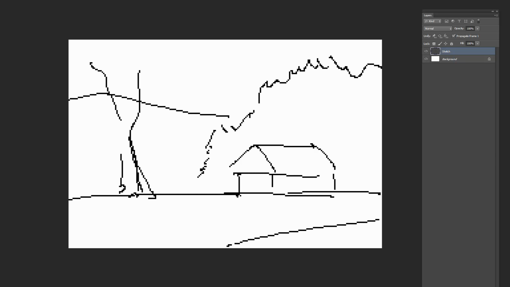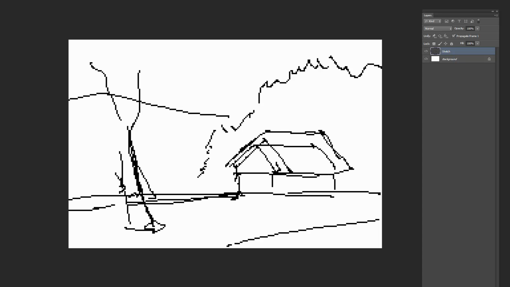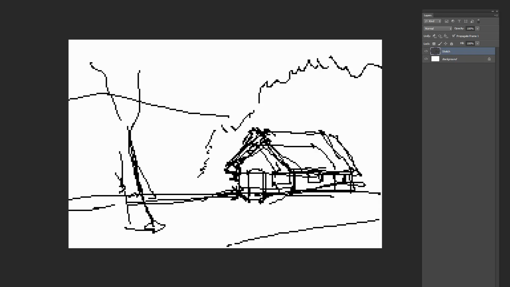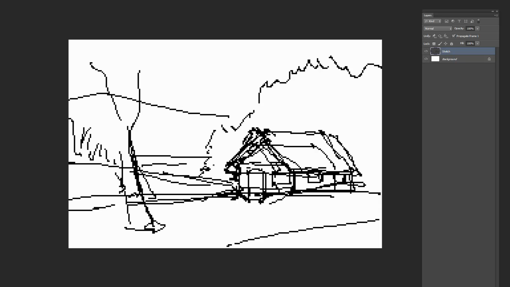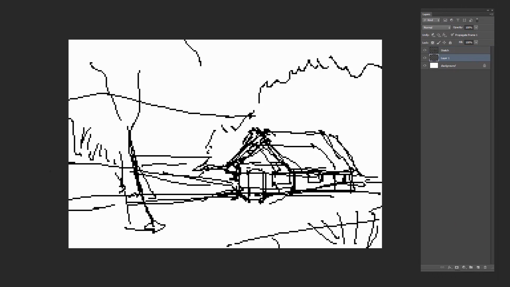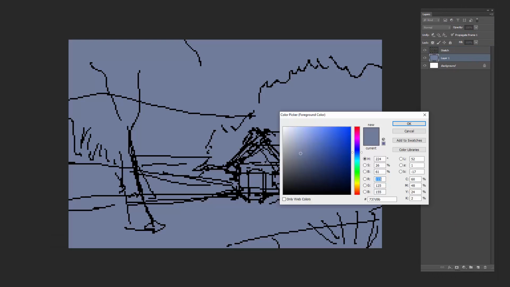And what I do initially is just make a new layer, and this is a 230 by 150 image, I think something like that, and I just redo the sketch to figure out the size. I made the house a little too small, so I made it a bit bigger then, and I'm really drawing over the lines because this drawing is going to go away. It's not really for me to use as a line art layer, it's more to use as a reference for